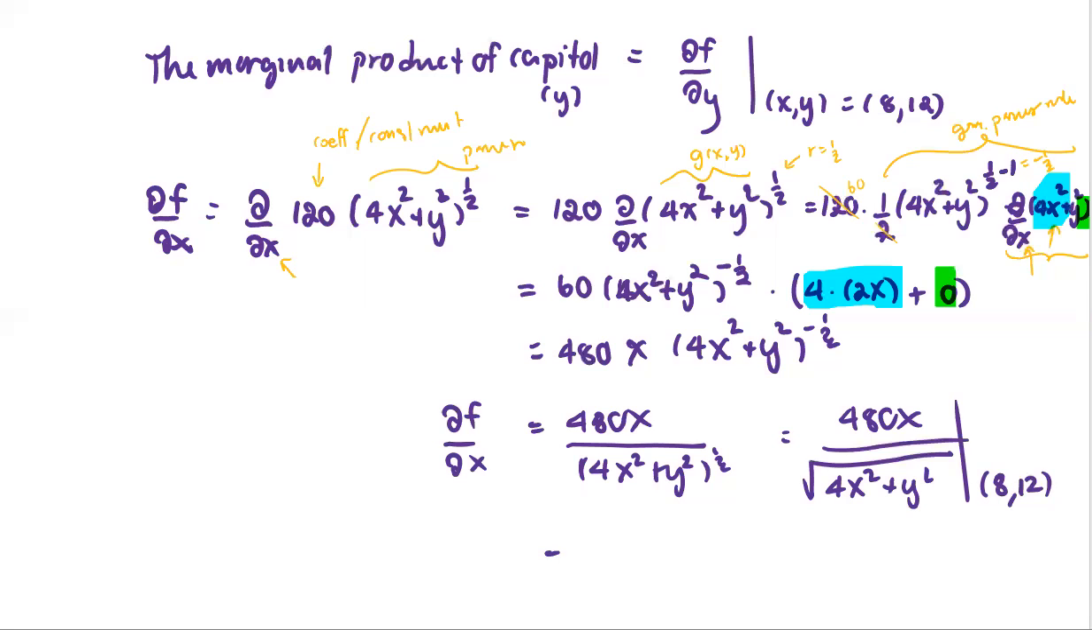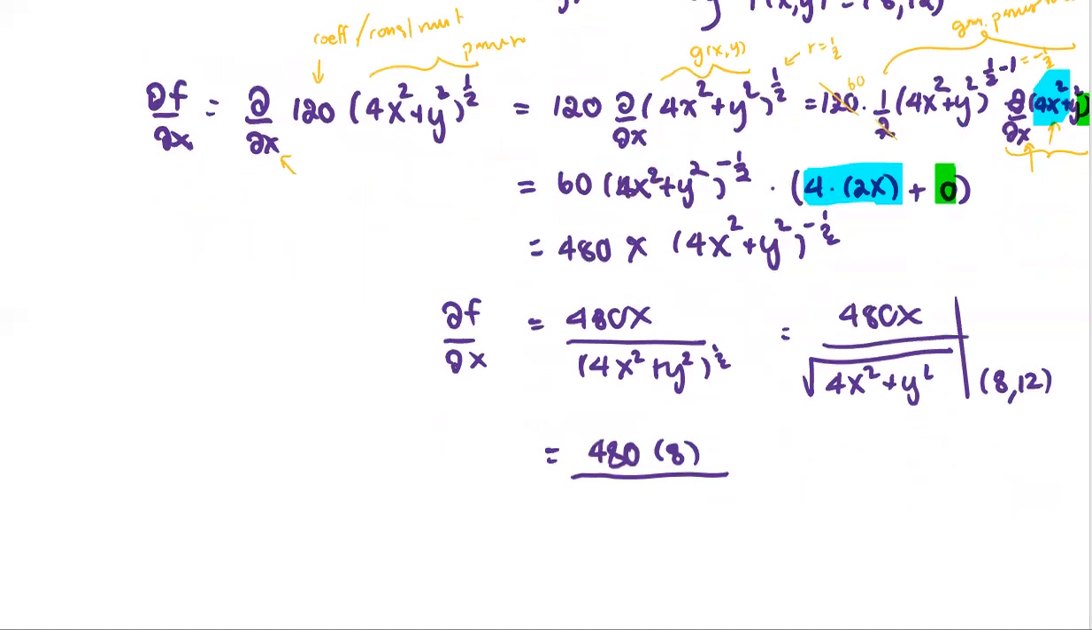What you do is just replace the x with the value 8, and then the y with the value 12. And then in the square root, get the number out. So let's put it in the calculator real quick. Let's see what number we have. So 480 multiplied by 8, divided by,